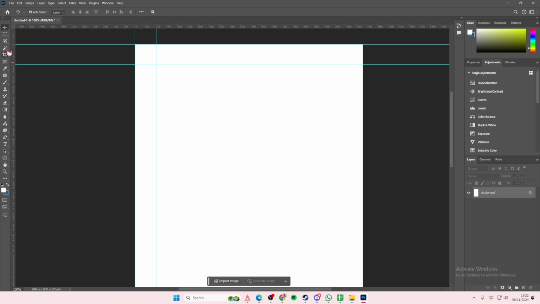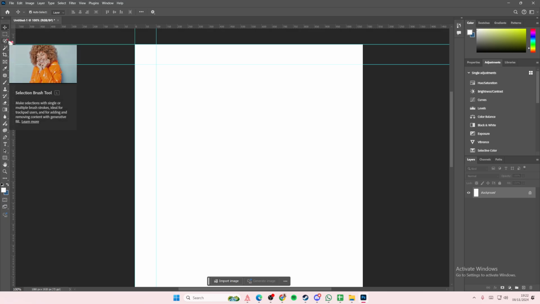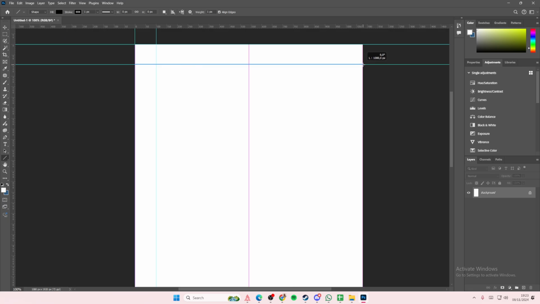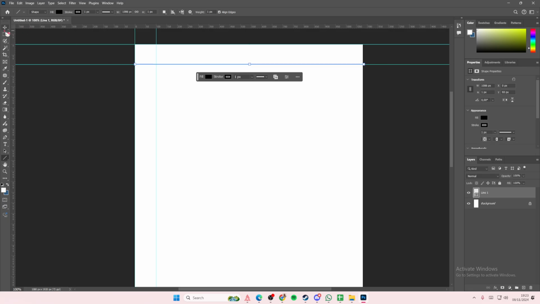Then you're going to want to make a line. And here's me trying to find where the line is. So get the line tool, and I'm just going to create a straight line going this way. And I'm going to place it